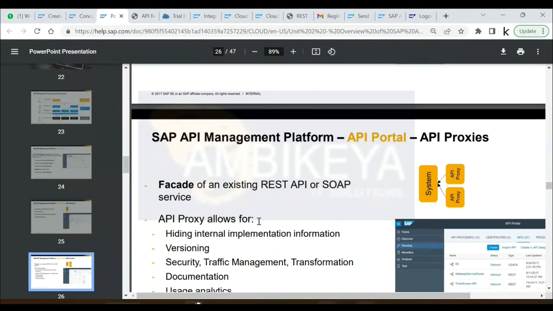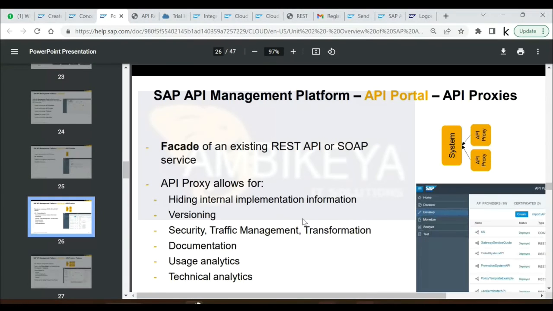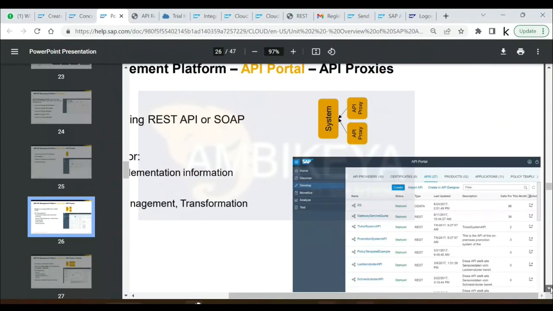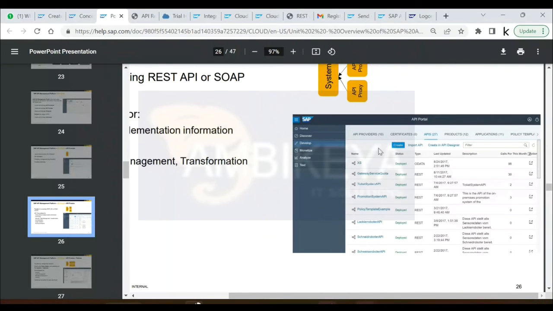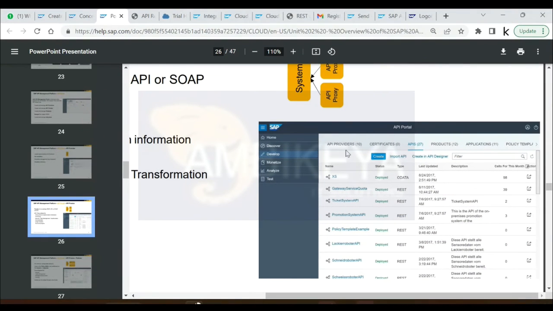So APIs, you can see the ones which we created. We just created a couple of API proxies, right? They have created multiple API proxies. It can be REST API or data API, and whatever APIs they created, you can see. I'll just maximize my screen. API providers, they have created 10 API providers, 27 APIs,